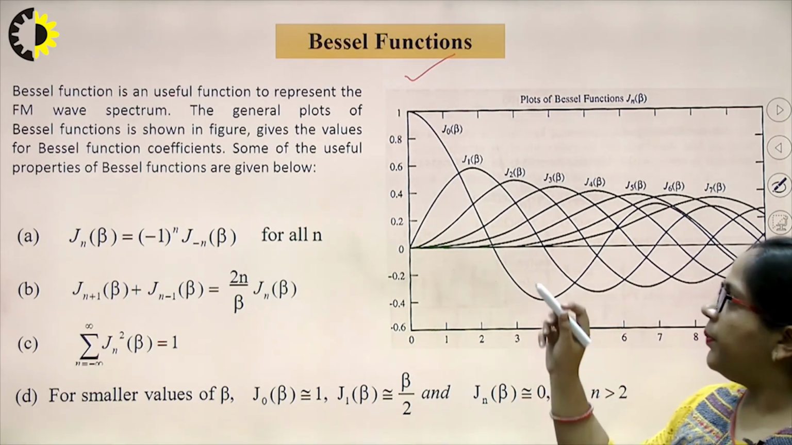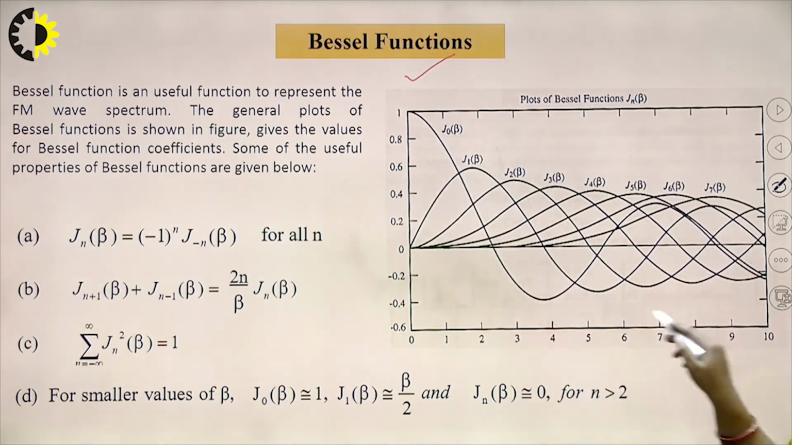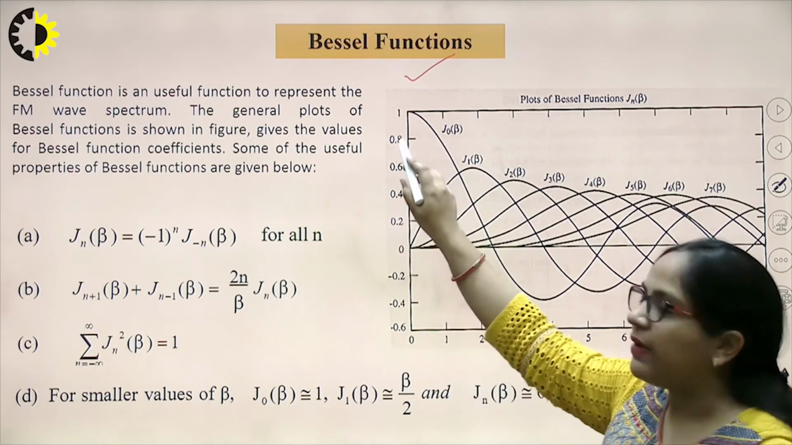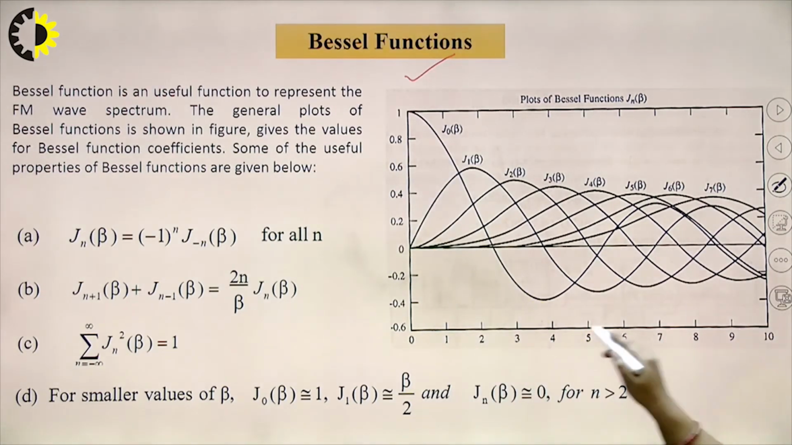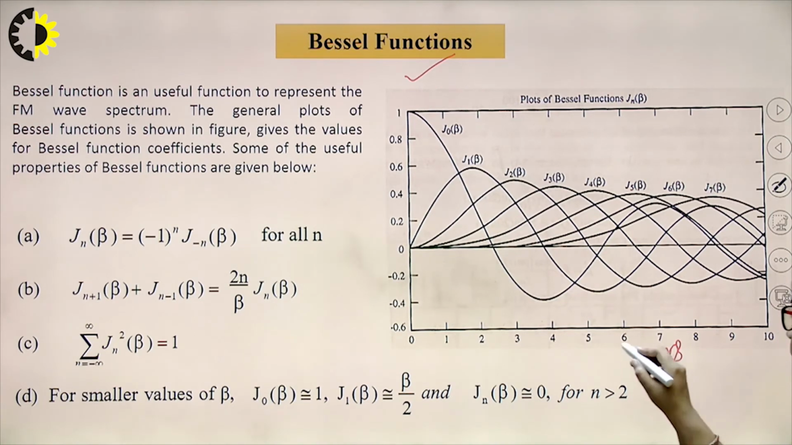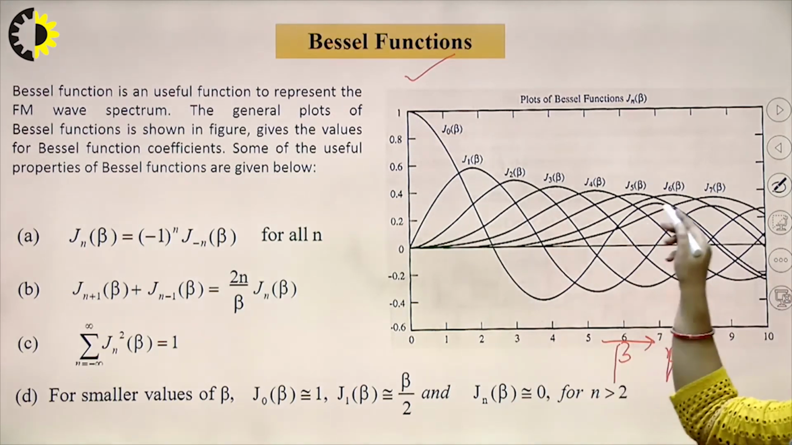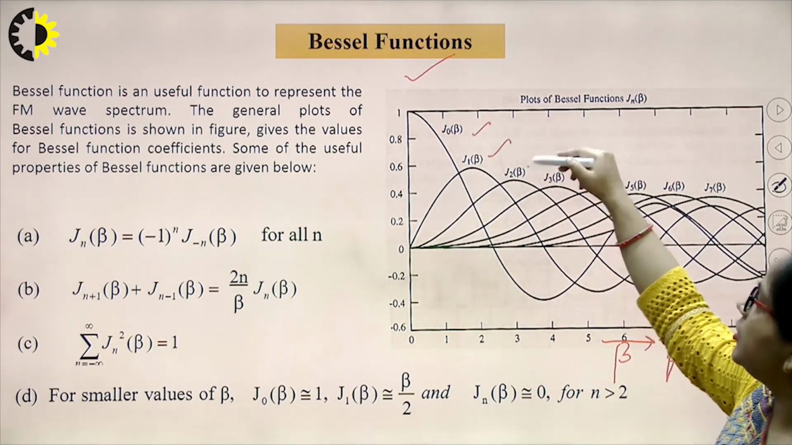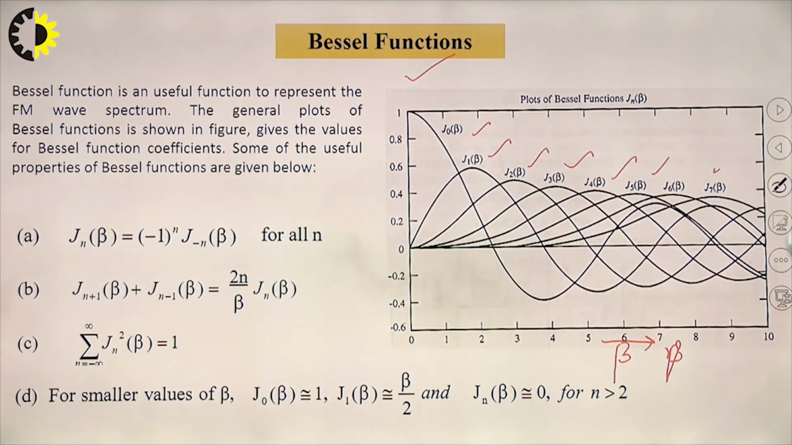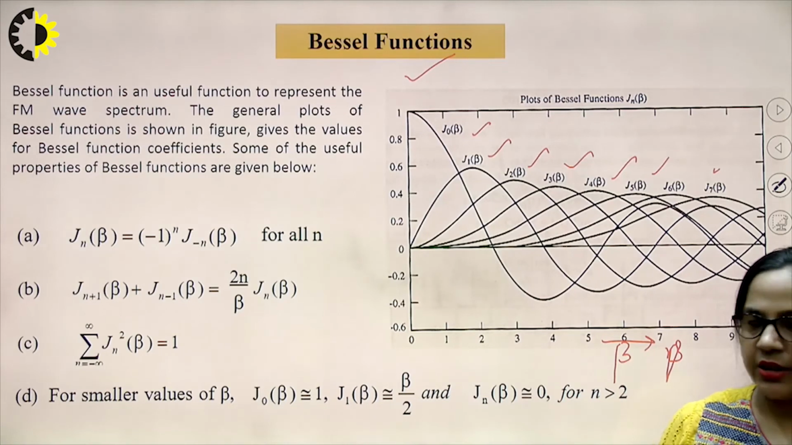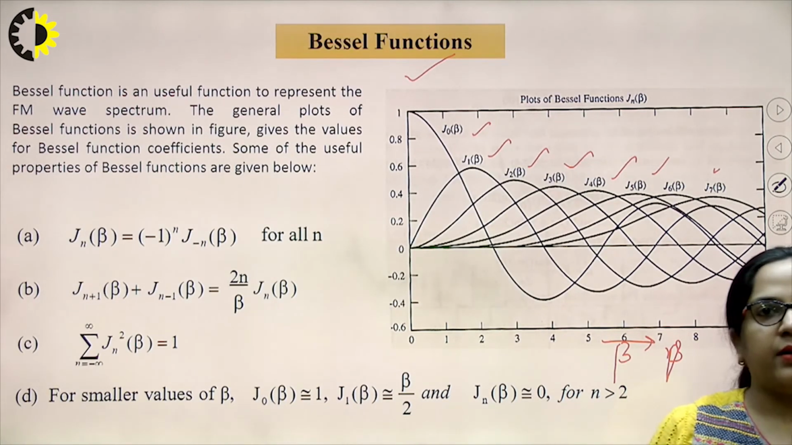The general plot of Bessel function is given here, where the vertical axis represents the relative amplitude and the horizontal axis represents the value of modulation index beta. So as the value of beta is changing, the relative amplitude is also changing: J0 beta, J1, J2, J3, J4 and so on. Here we have some useful properties of Bessel functions that will help us to decide the amplitude